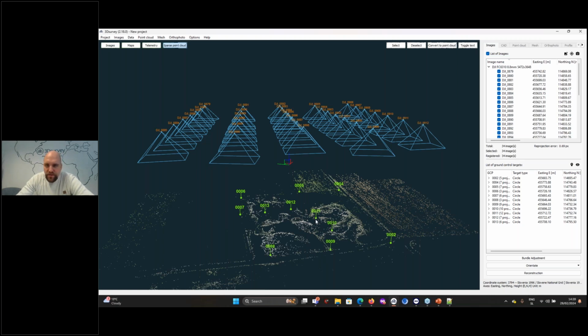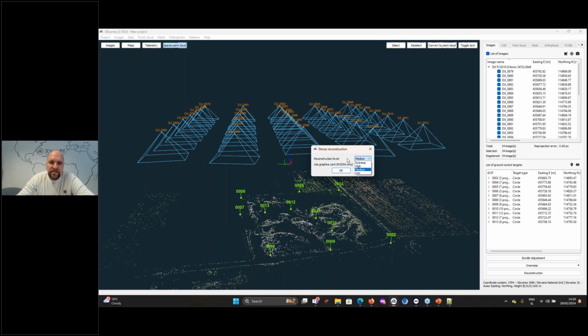Now the next step in processing will be reconstruction. Reconstruction is the part that takes the longest. As a setting, we set here either high or medium usually. So the general guideline is we use high when our results are 3D, so when we are doing a 3D survey map or when we are calculating volumes, and we use medium when we want to create orthophoto or more 2D result.